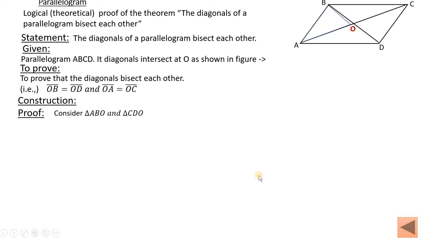These two triangles we will take. So we have taken this triangle which is marked ABO, the other triangle which is marked as CDO. We are going to see that these two triangles are congruent. Just by saying these two triangles are congruent, we will be coming to the conclusion that the corresponding parts of congruent triangles are equal. Thereby we will say that BO should be equal to OD and AO equal to OC, being corresponding parts.